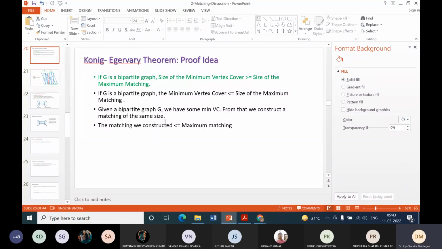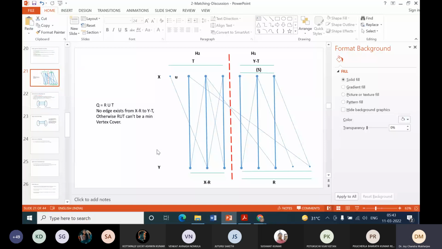So this is how we create it. So it is a construction. So suppose this is a bipartite graph, and Q is the set of vertices which constitutes the minimum vertex cover. Now what is Q? This Q is the set of vertices. Some of them are chosen from X and